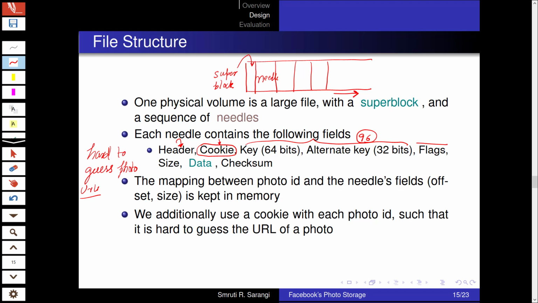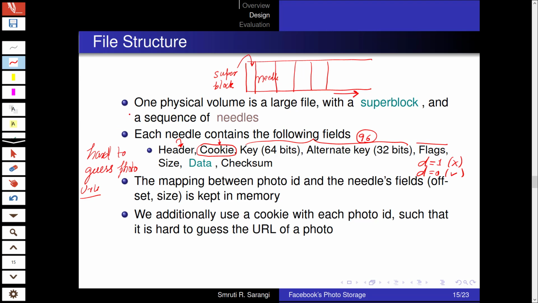This is possible to do. So in this case, we should have some mechanism to delete. And the mechanism is very simple. We keep a single bit, the delete bit. If this is set to 1, it means it's deleted. If the delete bit is set to 0, it means it's fine. So we keep a single status field within the flags field of the needle. To delete a photo, it's as simple as setting a bit to 1, which means that the next time the haystack system sees the flags, it will see the delete bit and automatically conclude that the needle has been deleted.